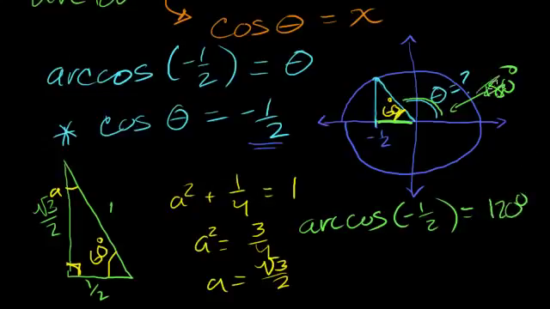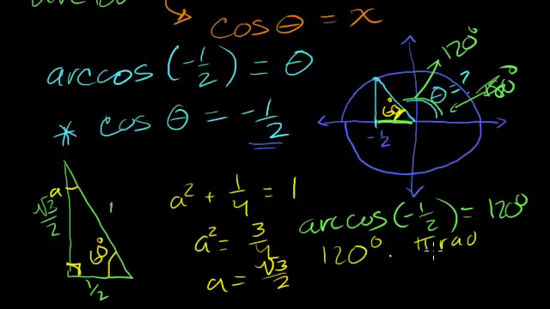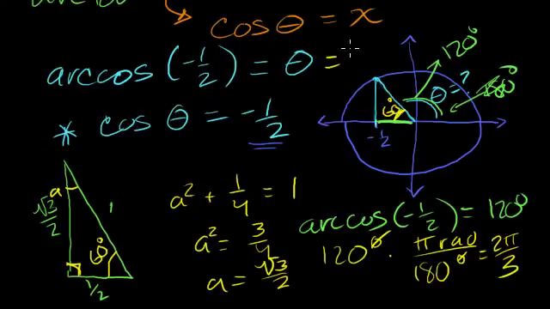Did I write 180 there? No, it's 180 minus the 60. This whole thing is 180, so right here is 120 degrees, right? 120 plus 60 is 180. Or if we wanted to write that in radians, you just write 120 degrees times pi radians per 180 degrees. Degrees cancel out. 12 over 18 is 2/3, so it equals 2 pi over 3 radians. So this right here is equal to 2 pi over 3